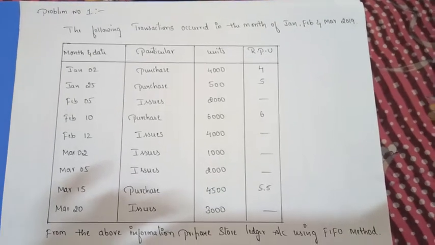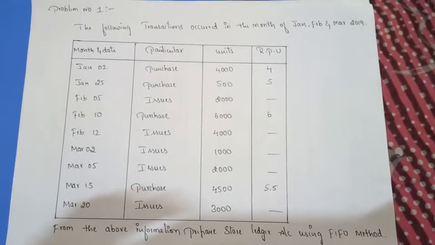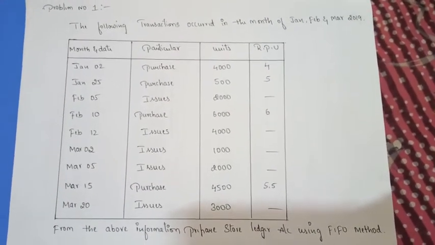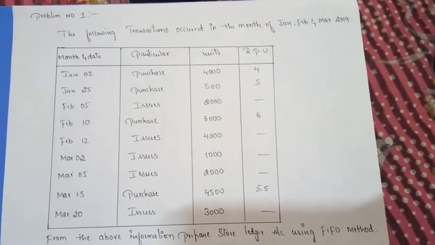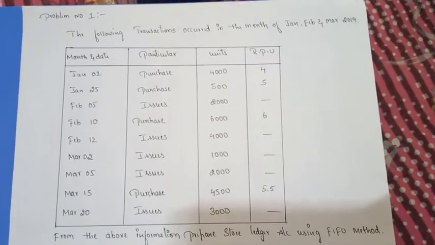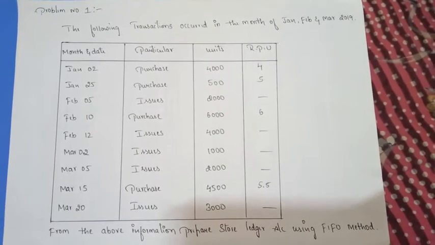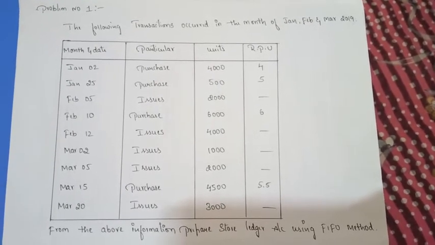Okay students, so today let us have a discussion on the problem, that is the FIFO method. Usually this type of question will be asked for 6 marks. So today I am solving this, and have a look at the question, which I have just written on the board. When I am explaining the problem, I will be telling you the transactions and simultaneously I will do the problem.